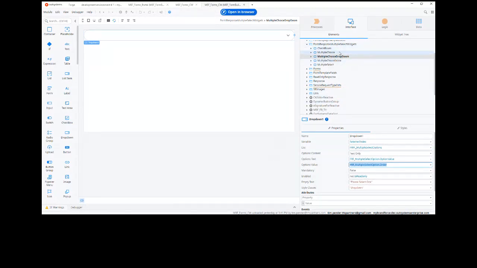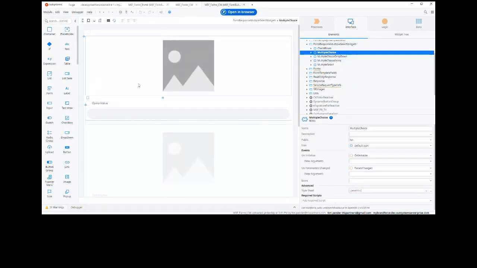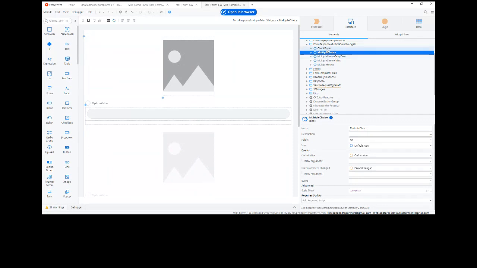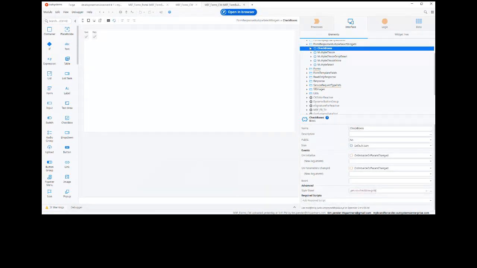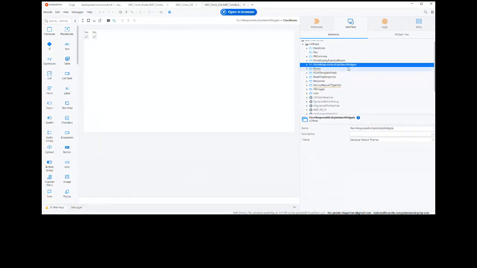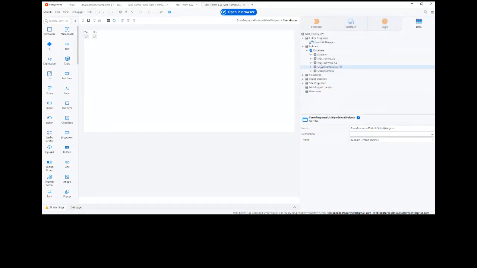Then the multiple choice is just a vertical multiple choice, which is from our form. And then we've got some yes, no checkboxes as well. That also adds a lot of complexity and has been a challenge to validate throughout this process. If we wanted to look at the data structure for this,